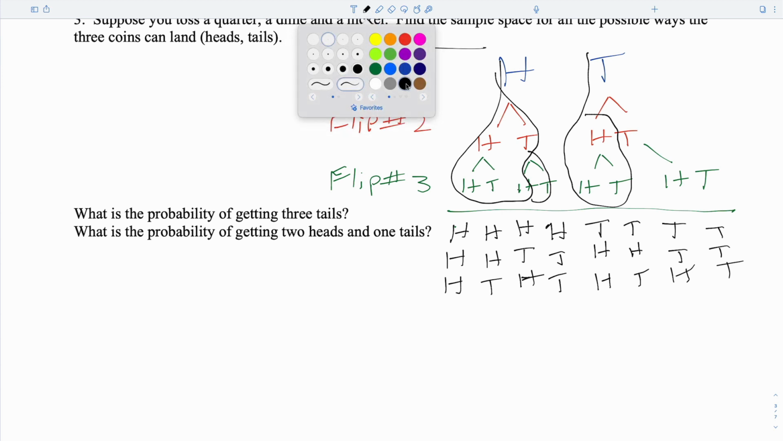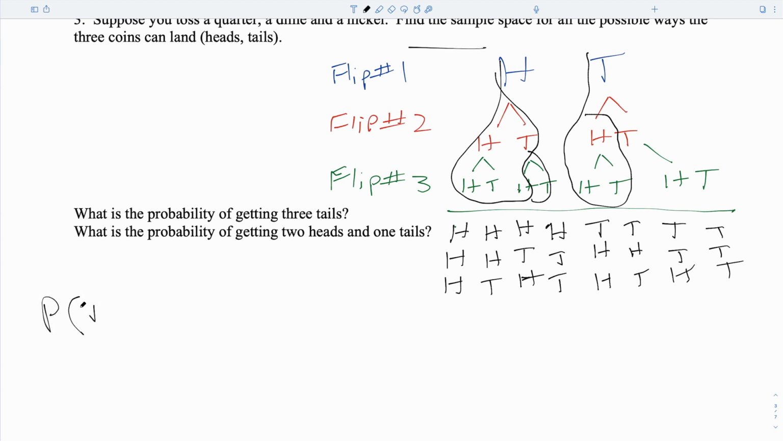So if I'm looking for 3 tails, how many times do you have all tails as an option? Get ready to turn and talk in 10 seconds. How many times do you get all tails in this option? Turn and talk, 10 seconds, go. 3, 2, 1. Okay, track the board. We're going to put the probability of all tails,